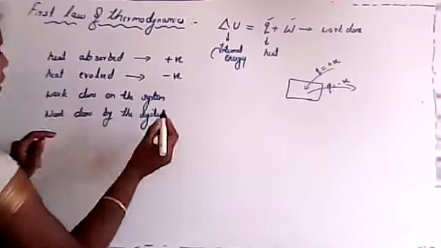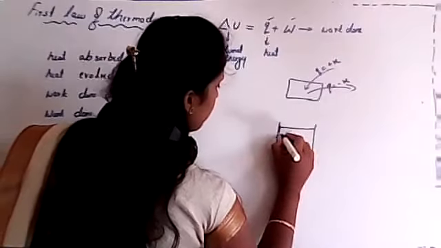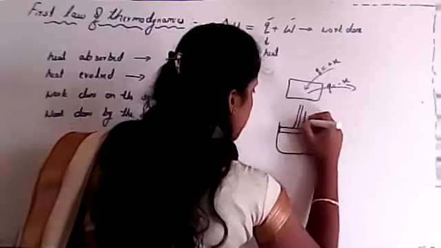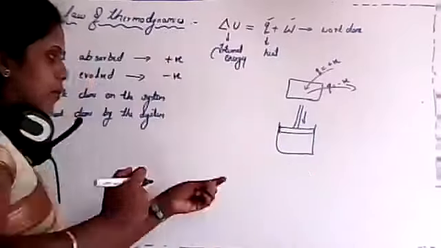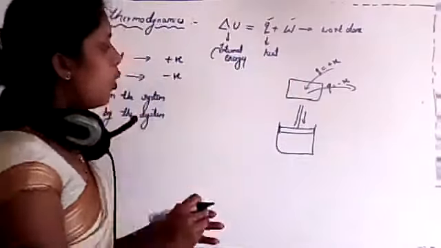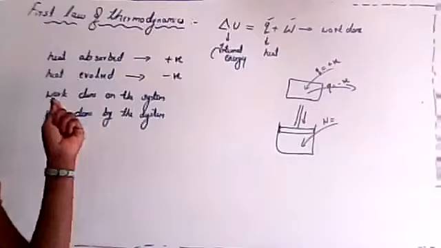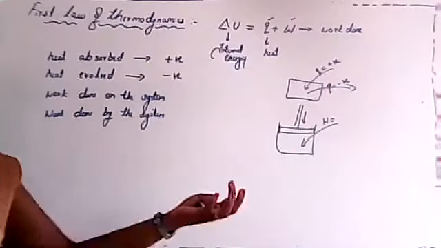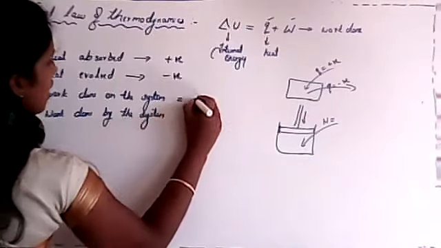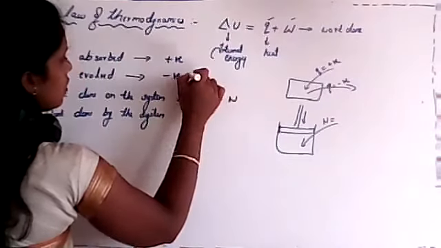See, work is done on the system. If I consider a system which is fitted with a frictionless piston, and now I pressurize this piston inwards, that means work is done over the system. What is the W value? Work is done, that means external pressure is applied. Yes, work is done. That's why it is positive. W value is positive. Q value is negative.